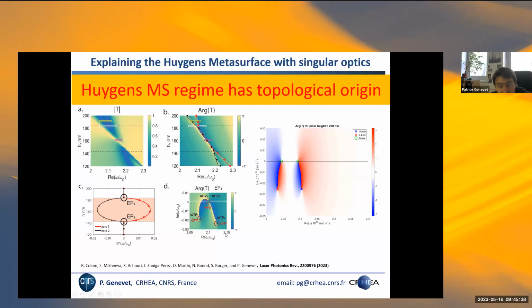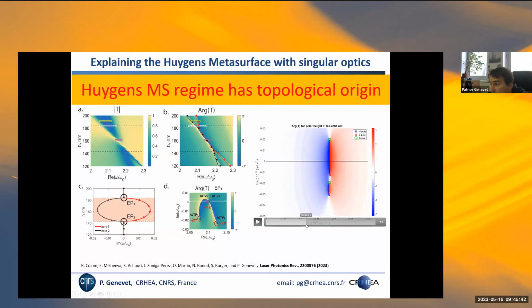Anyway, so now that we understand the design of nanophotonics for engineering the phase, because you see here, when you are in this regime, the zero and the pole of one resonance are separated across the real axis. So if you do the circulation of phase here, the accumulation of phase along the real axis, you get 2 pi.